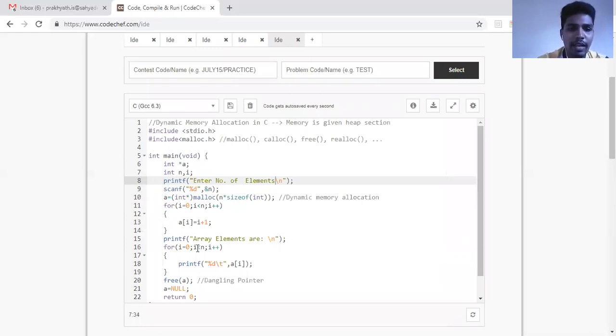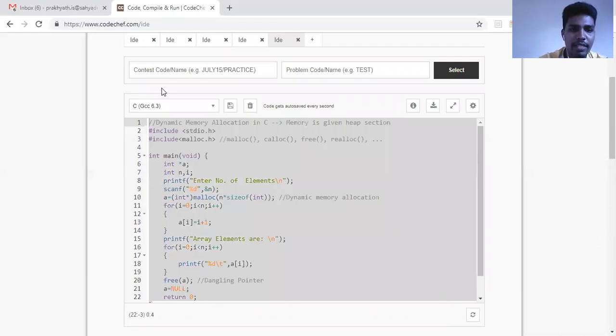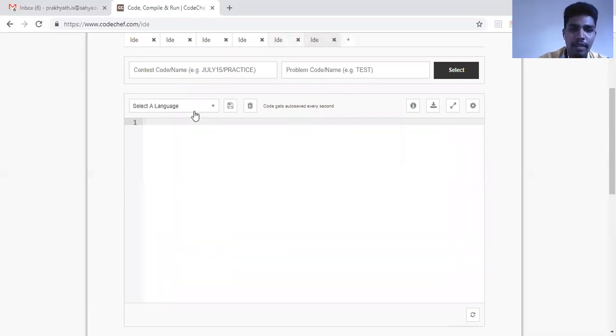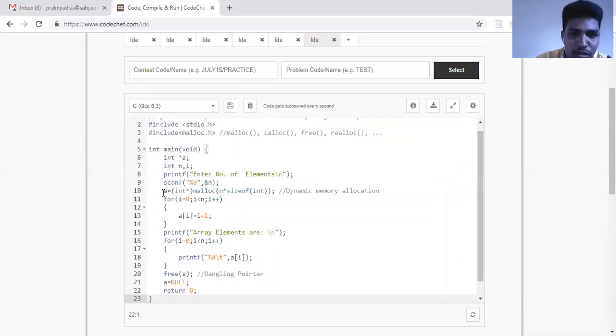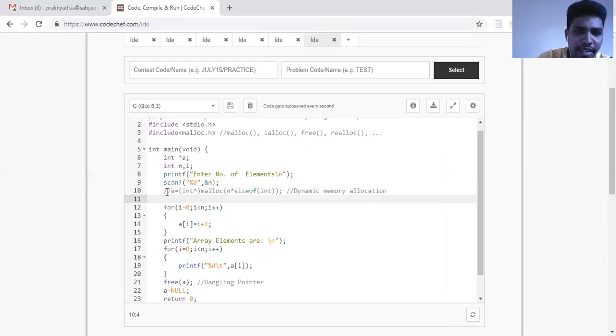Very easy. When we have learned about malloc, calloc is very easy. Just a small change in the syntax. I'll do it in a separate screen. Okay, we'll change the compiler to C. See the difference here. I've used malloc. I'll comment that line. So now I'll use calloc. Only a change in syntax. Both are doing the same job.